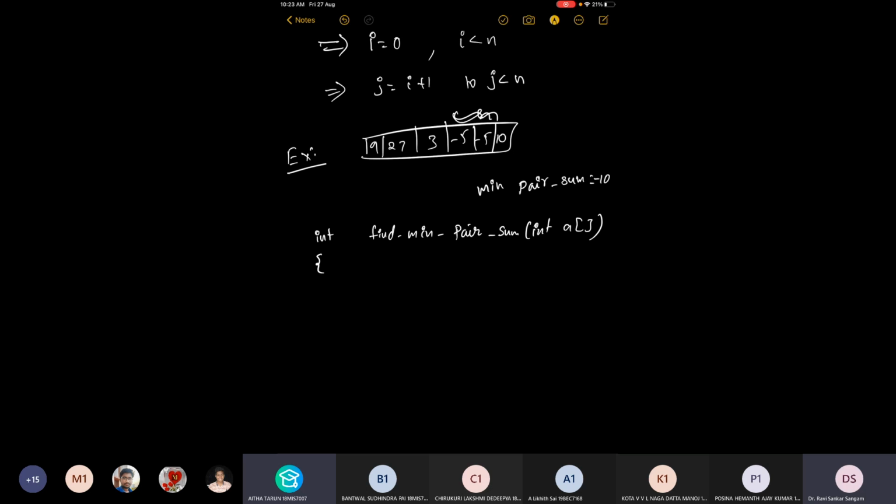They must not be repeated. It's not like there is no such condition that they can be. See, what is the minimum pair sum if all the array elements are repeated? Like the same element is present in all n locations. Let's say 1, 1, 1, 1, 1. Not 0. It has to be 2.